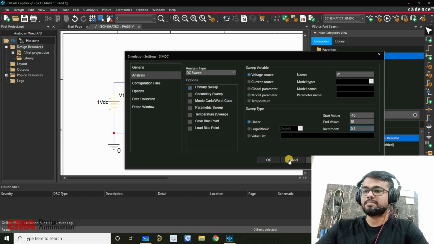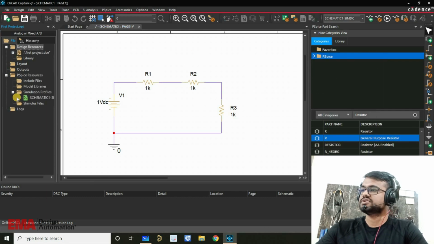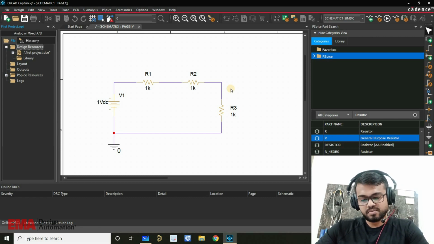Now we'll just click over apply. Okay, so we have created a simulation file which is inside this one. Okay, simdc. All right, you can delete that, and if something entered wrong, you can edit that simulation file anytime. I'll show you how, but for now this is done. All right, now the next step is we have to add probes wherever you wanted to measure voltage. All right, but before